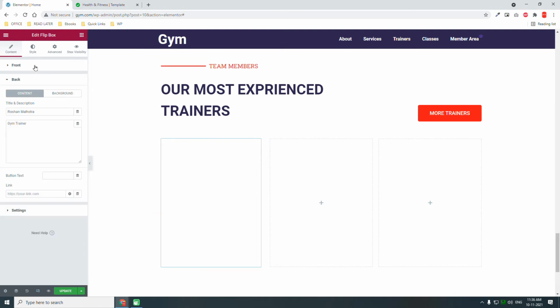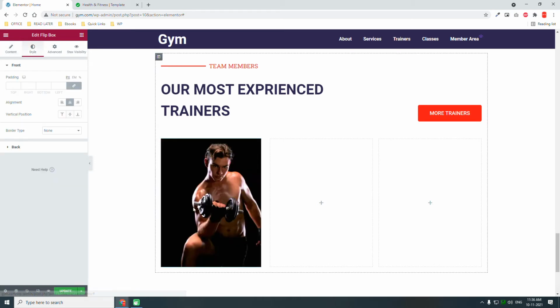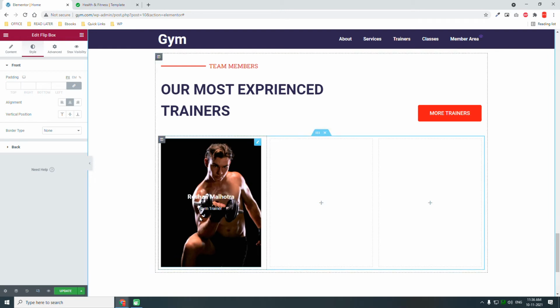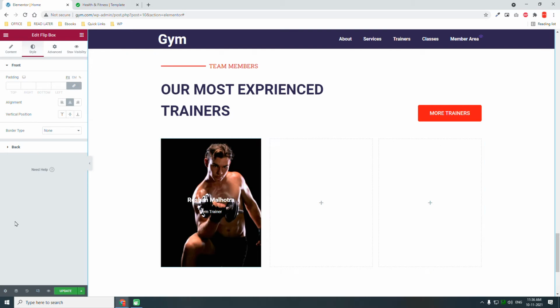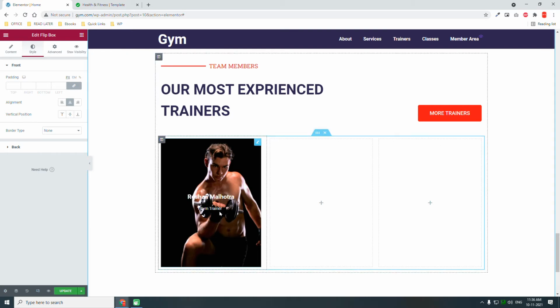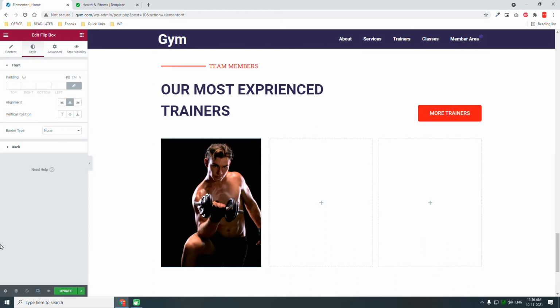And yeah, style. Oh yeah, this is what I want. Transparent background color for the back side, and no content for the front side. Okay, yeah,